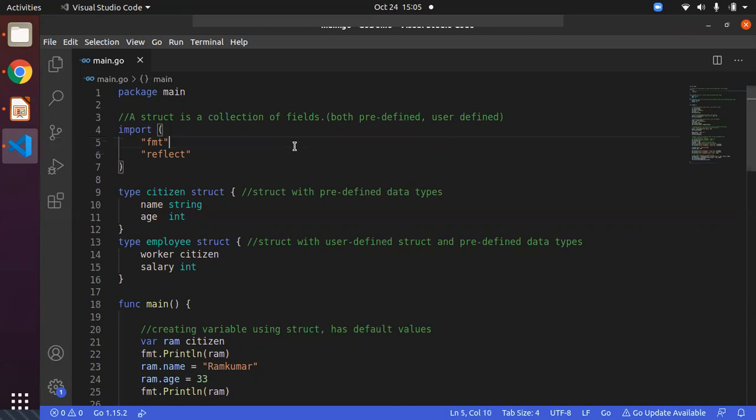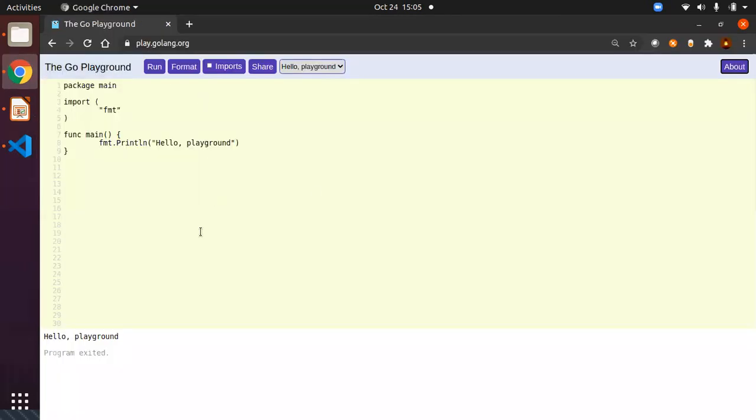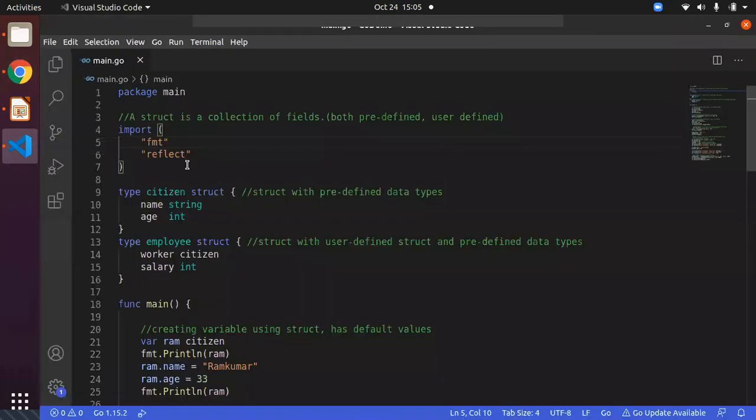So we'll go with a code snippet and we will see how it works. Before that, we are going to use the Go playground today, which is useful if you don't have any IDE or you just want to execute some code snippet of your Go language. You can come to the playground online editor, copy paste or type it here, run it and see the output. Here you can see the output and program exited. Okay, let's go into the code snippet.